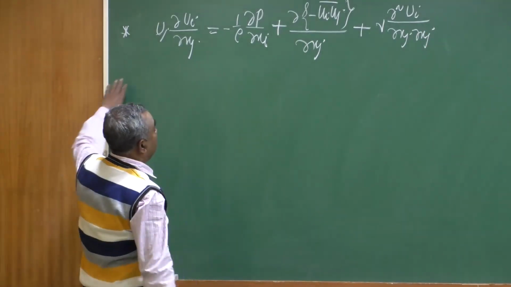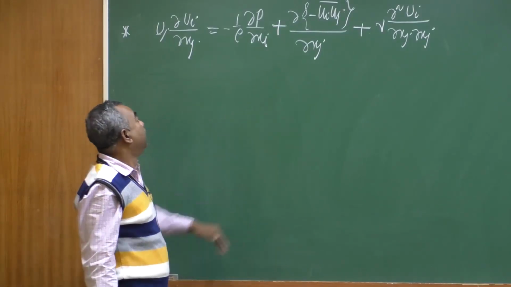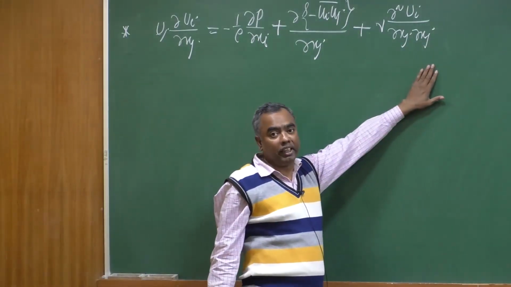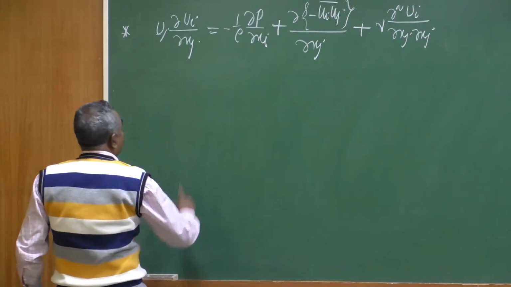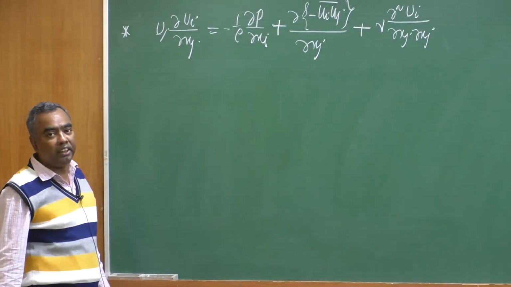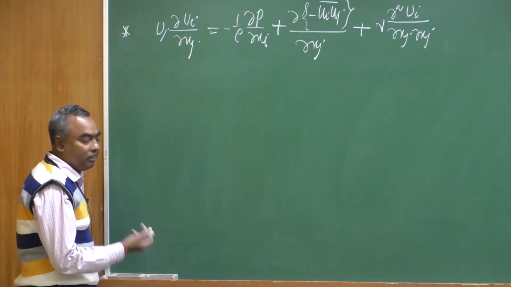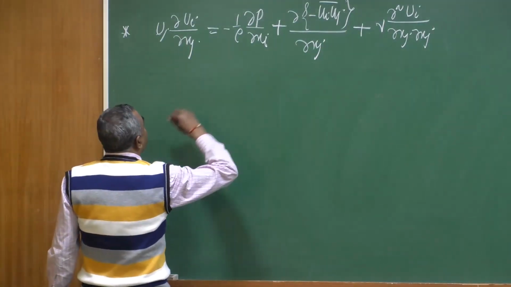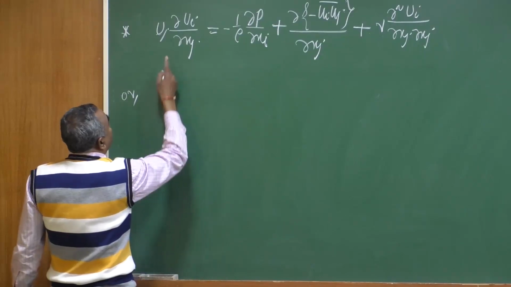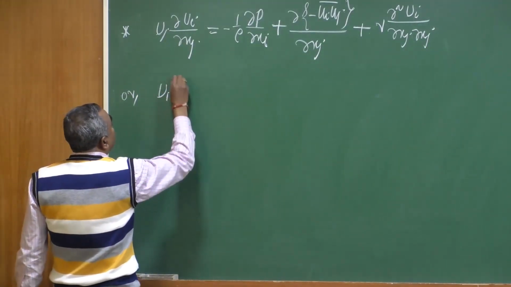So, the Reynolds averaged Navier-Stokes equation, if you can remember, was this. Now, if we once again consider the viscous term to be negligible even in this particular case, because the equation we have just written is basically the same equation, written in terms of vorticity, that is the difference. So, if we once again neglect the viscous term, we can write this equation for this two dimensional flow as